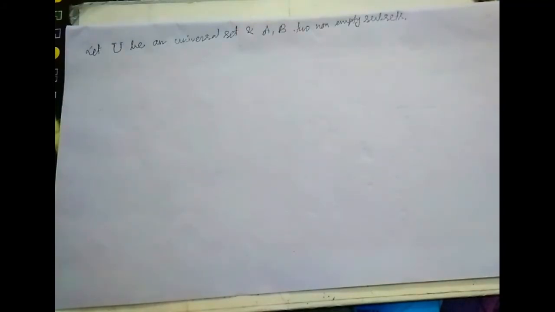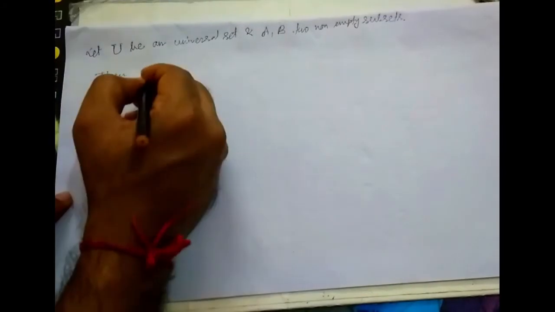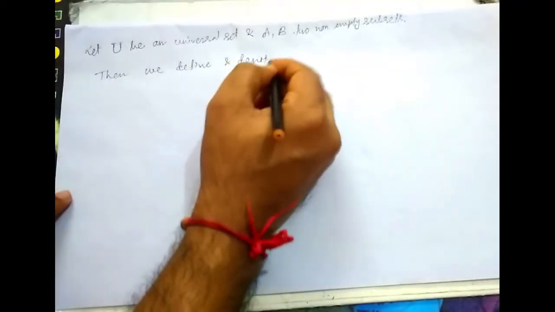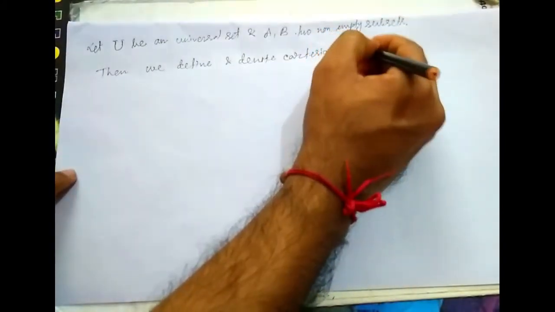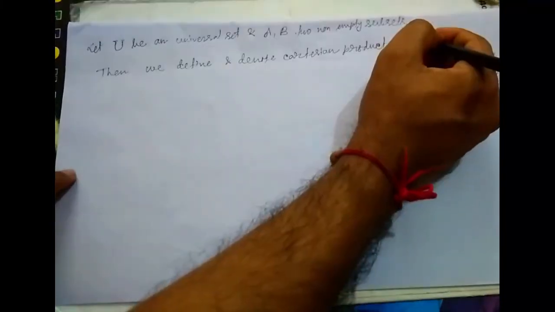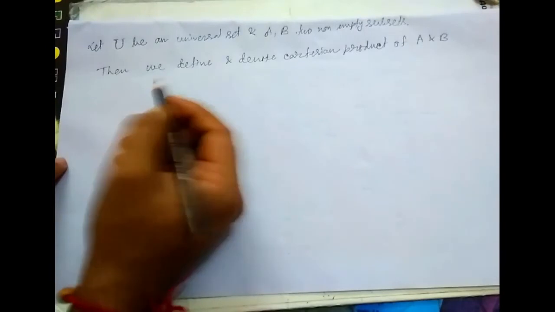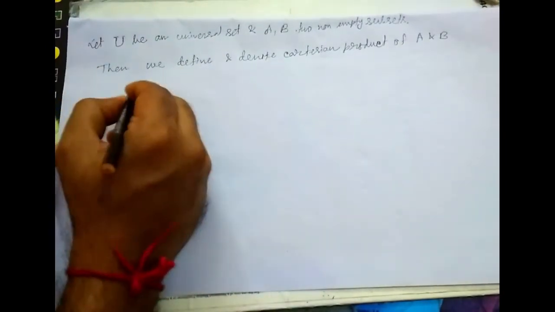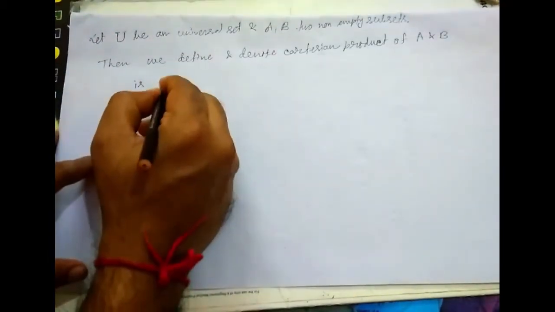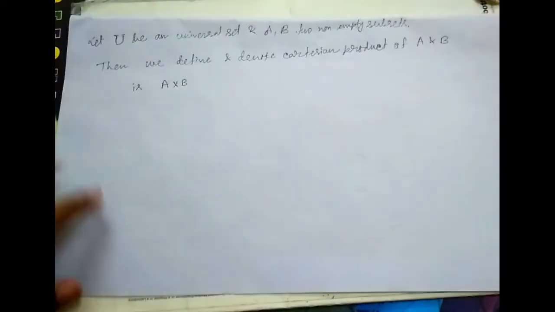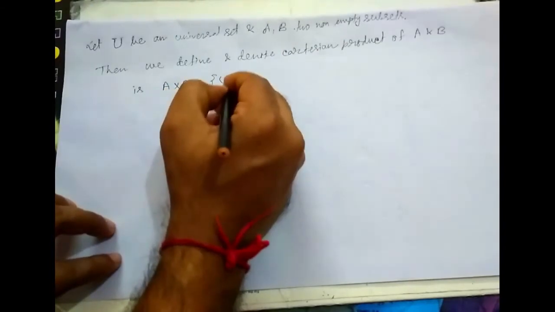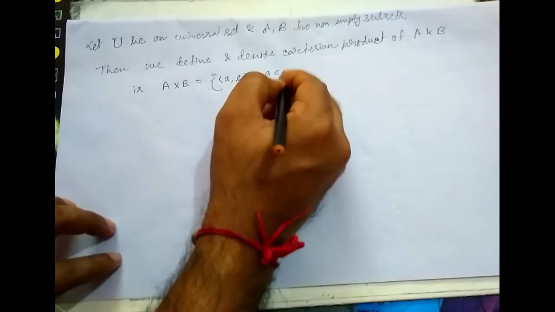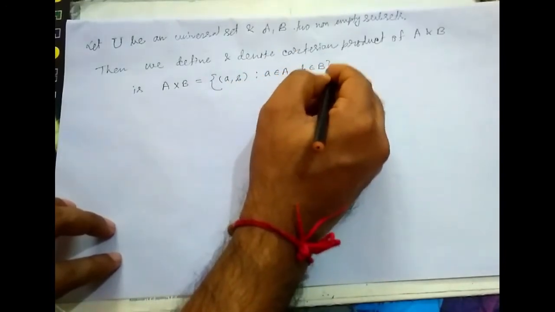Okay, then we define and denote Cartesian product of A and B, we denote it as A cross B, and defined by (a, b) such that a belongs to A and b belongs to B. Okay,